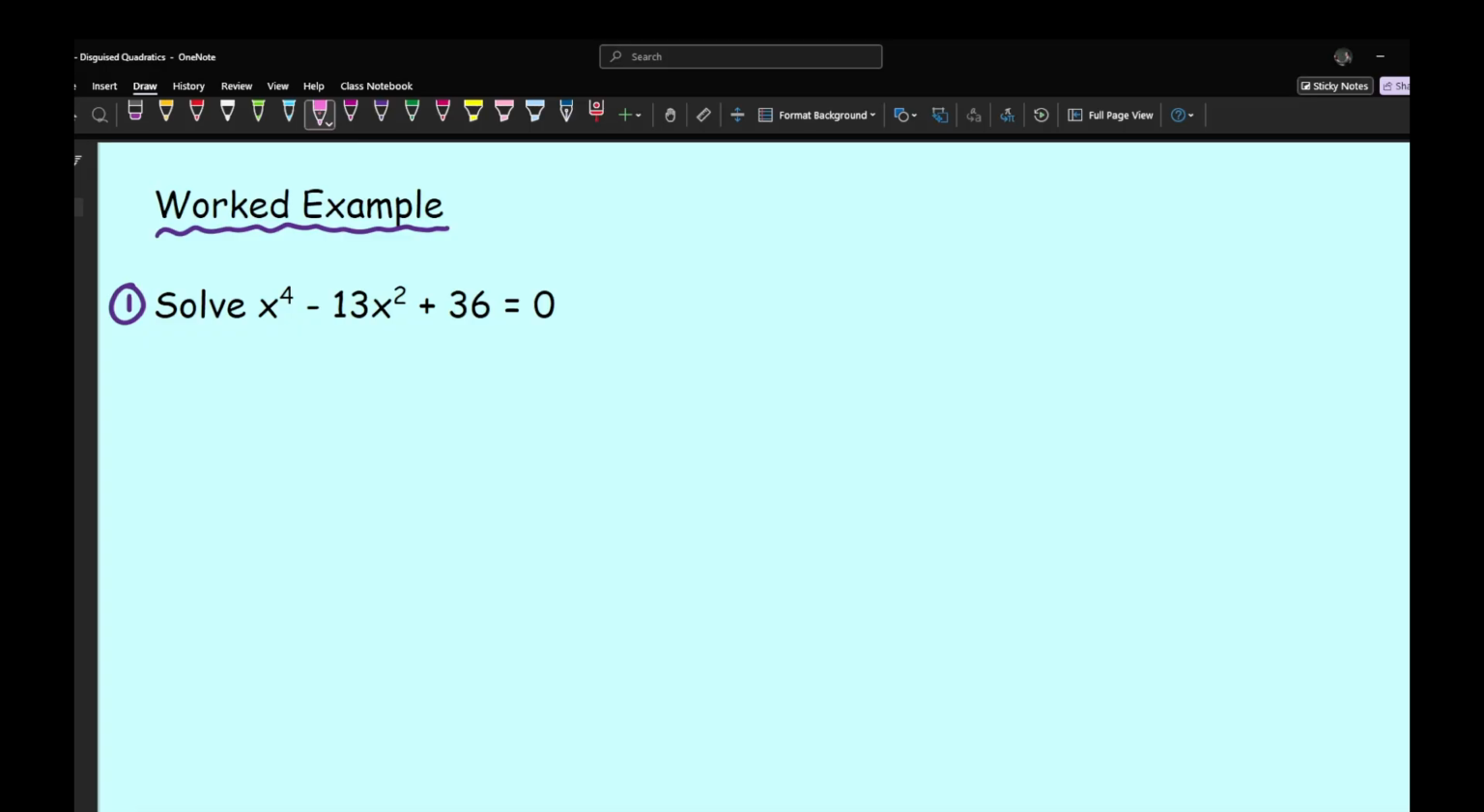So typically, if you're not sure about what the substitution is going to be, find the lowest degree of x and use that. Now what do I mean by degree of x? I mean the smallest power of x as your substitution. And so here if we let y = x²,